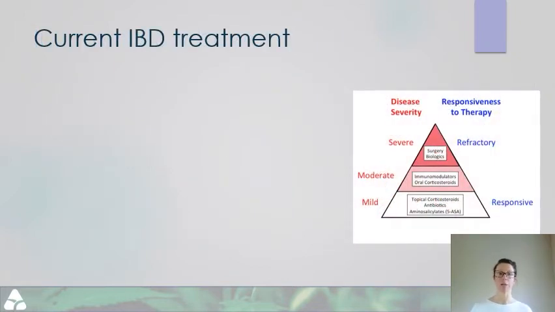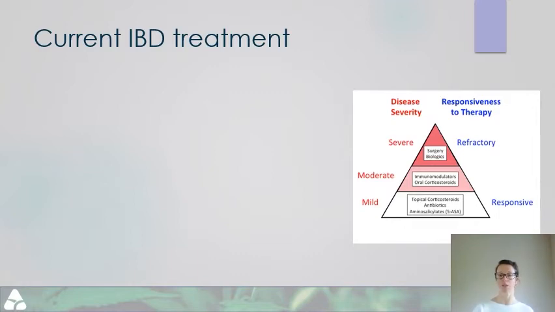So there are treatments available for inflammatory bowel disease, which depend on whether you have a mild, moderate or severe disease, and also how responsive you are. So the typical first line of therapy is that people are given corticosteroids or antibiotics or immunomodulators. If this doesn't work, or if the disease progresses, then you move on to more significant immunomodulators and oral corticosteroids. And if this doesn't work and the disease progresses, or you are unresponsive to the other therapies, you can end